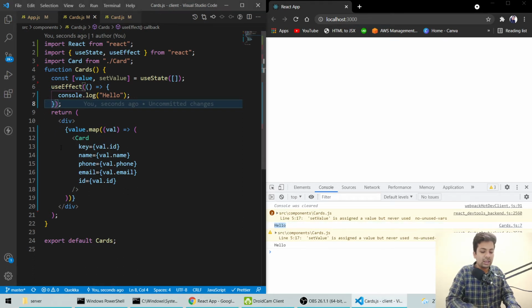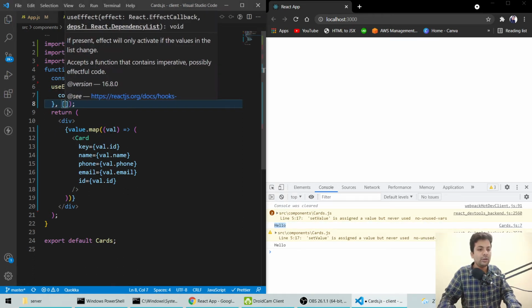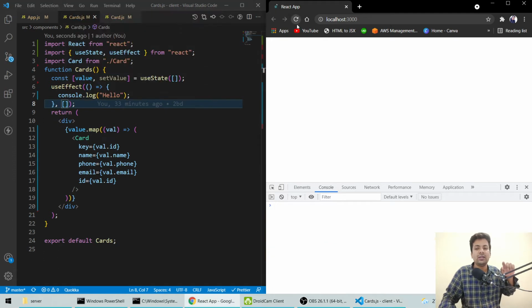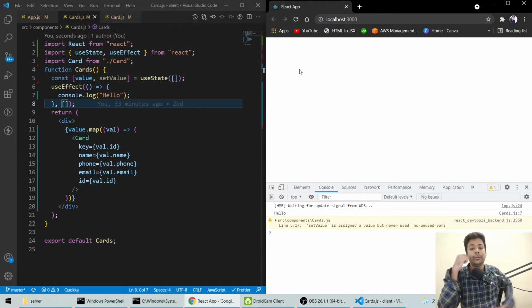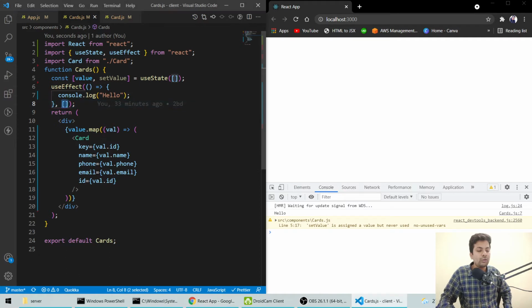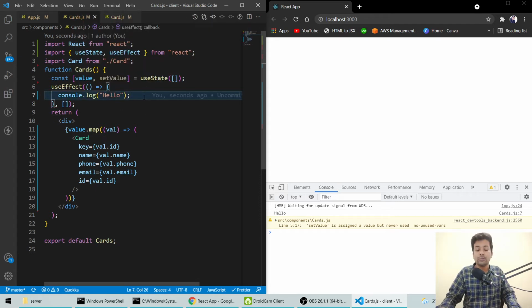So this empty array means it will run just once, whenever the component or page loads. And if you don't make it an empty array, whenever you click some button or anything else, it will run again. Okay, so now here we have to fetch the data from that localhost port 4000.